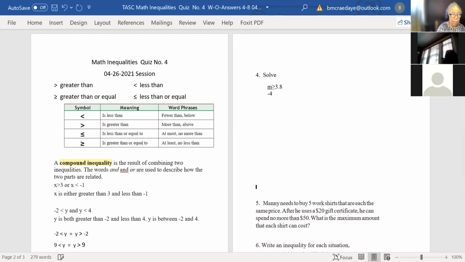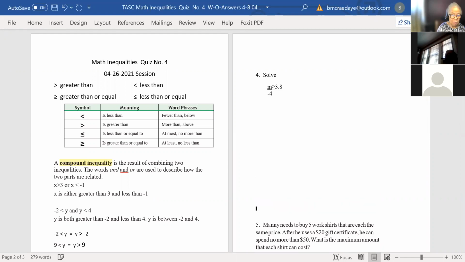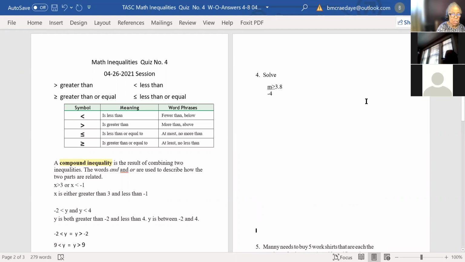Yeah. Okay, now, Vanessa, remember we said we do the opposite operation. So if it's a division, we do multiplication. If it's multiplication, we do division. If it's an addition, we do subtraction. If it's a subtraction, we do addition. So this is a division. So what do we do first, Vanessa? You multiply, right? Yes, we would multiply, right? So this would be